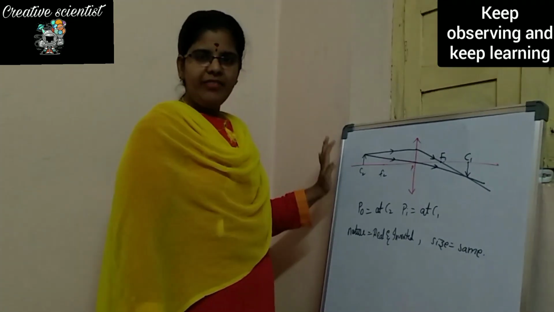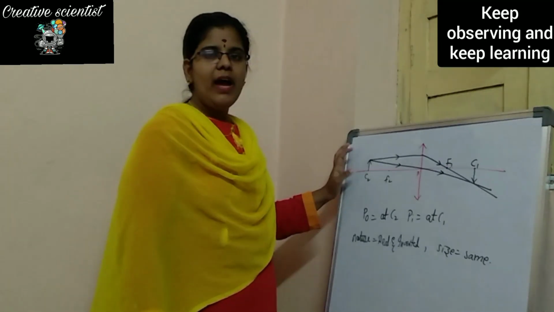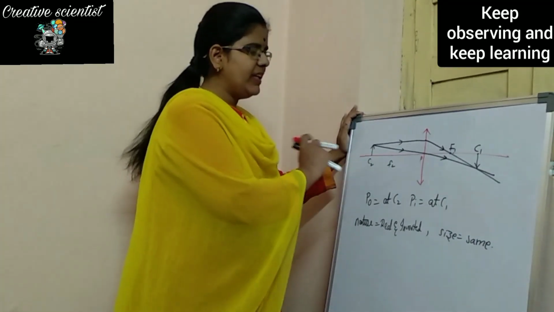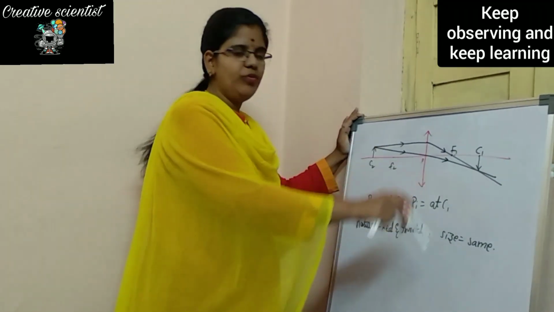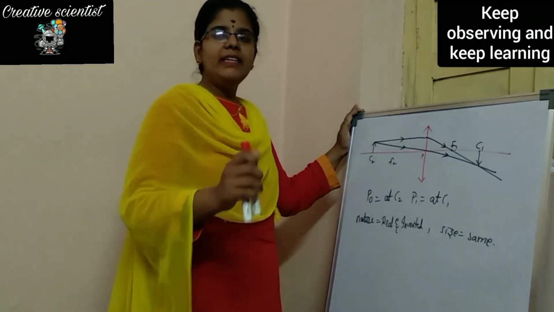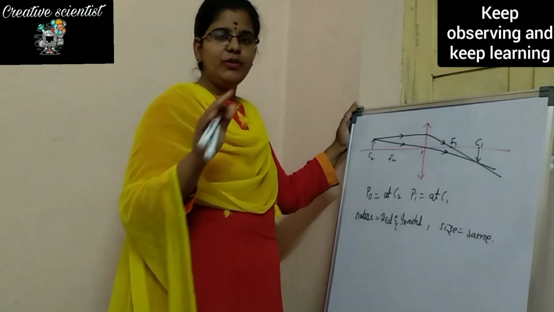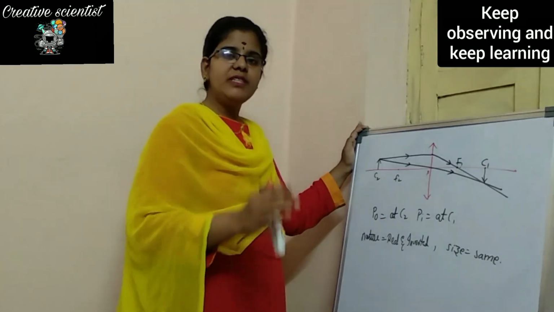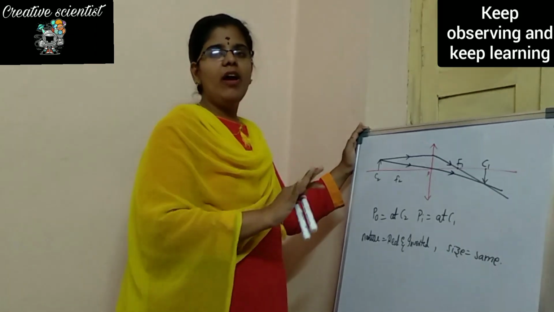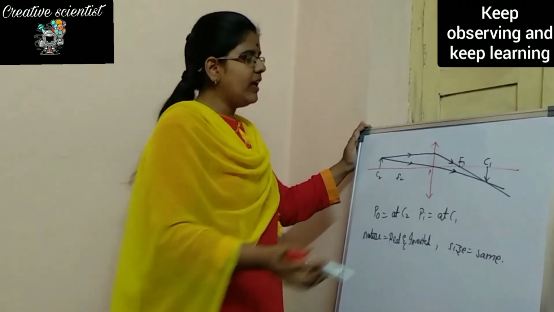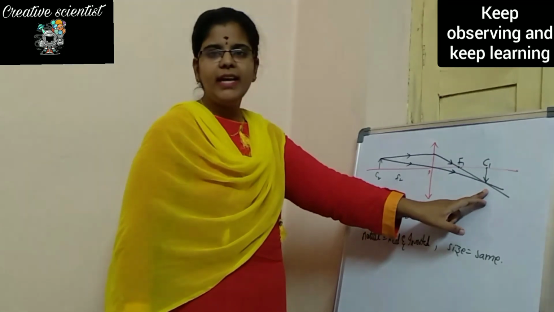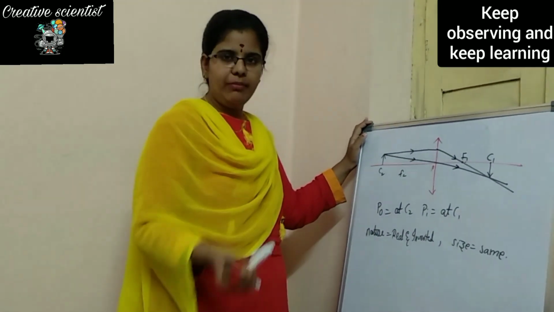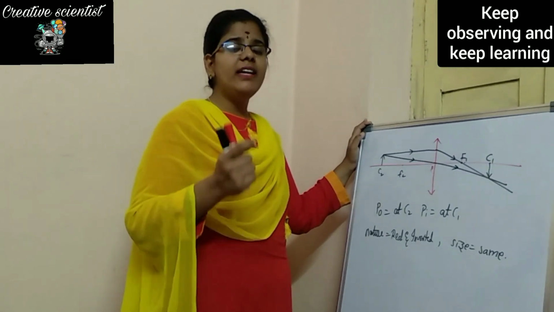So we have taken the object at C2 and there are two light rays which are passing from the object. One is parallel and another is moving through the optic center. The light ray which is moving parallel to the principal axis will be refracting through focus, and the one moving through the optic center will not get refracted. These both are meeting at C1 and we are getting the same size of image, and it is a real and inverted image.